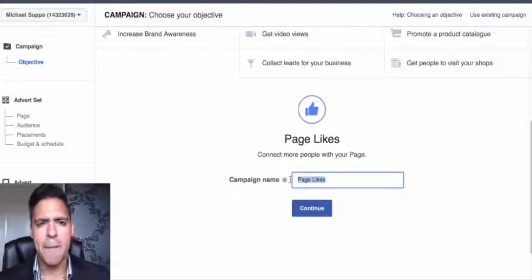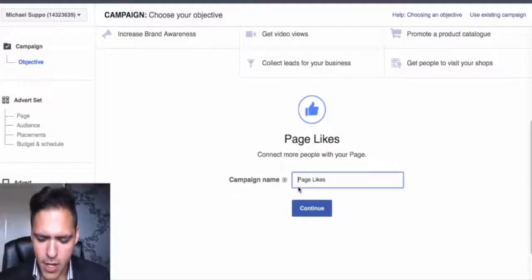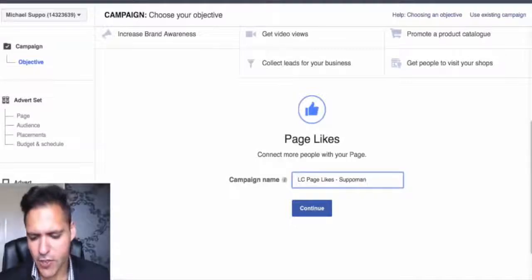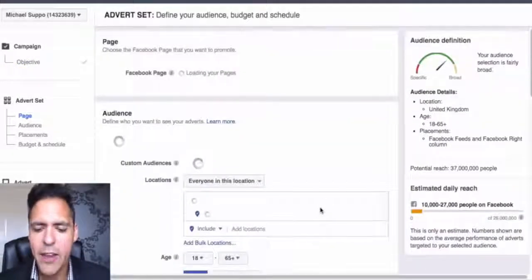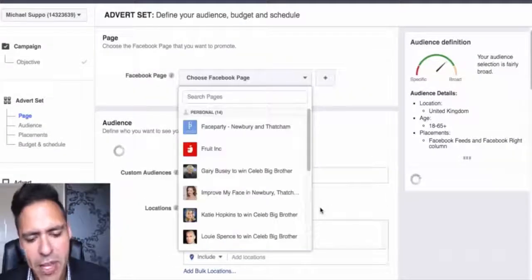Then we want to give the campaign a name. So we want to get page likes, but we want to make it a little bit more specific. So we are going to put low cost page likes Superman. So that's the page name and that's the objective. So there we are. There we continue. And then we load up the advert set. This is where we can choose